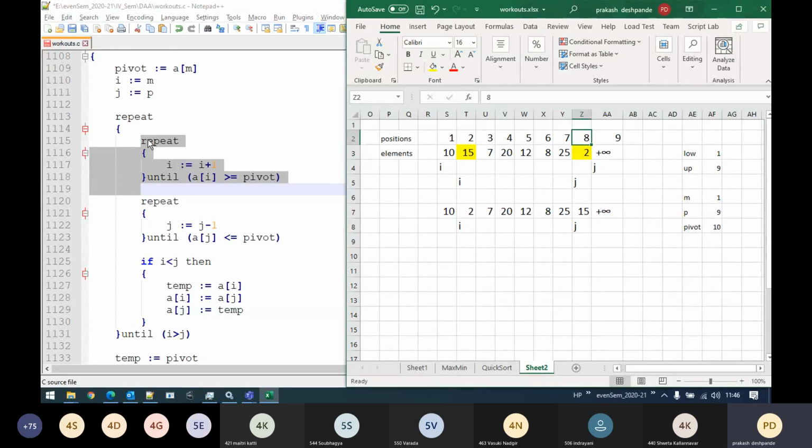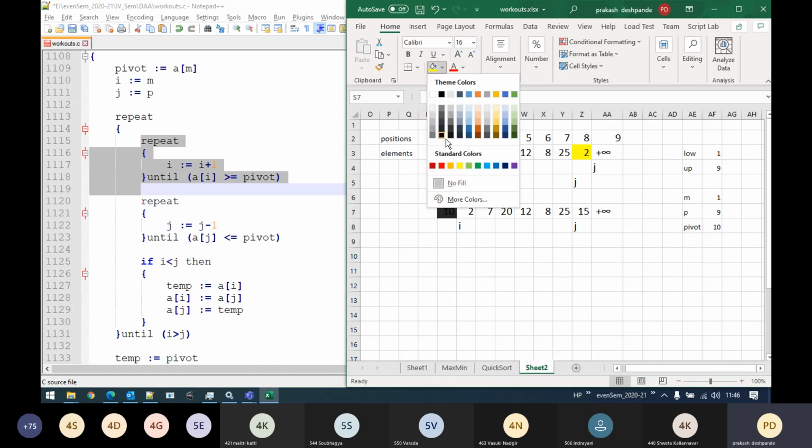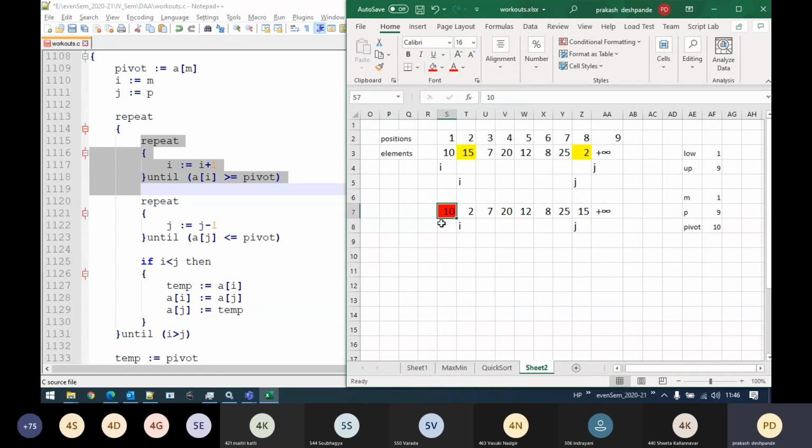So it will continue means what? It will enter into here. Again, try to increment I, decrement J based upon the same concepts. Now, I is here and at I, the value is 2. Now again, we need to increment this I until you find a value greater than or equal to this pivot element. Pivot is 10 here. Let me highlight that pivot with a different color. This is pivot. We have to keep on incrementing I until we find the element which is greater than or equal to pivot.